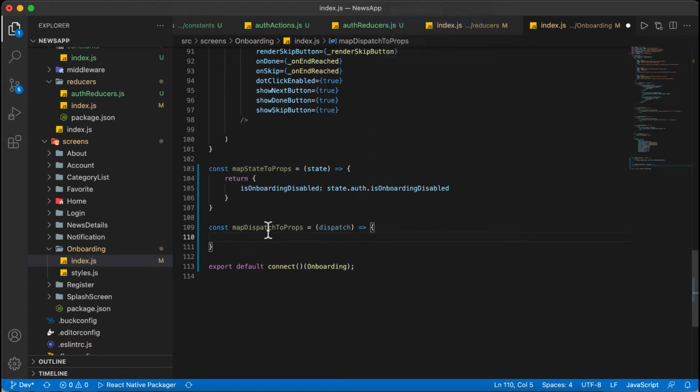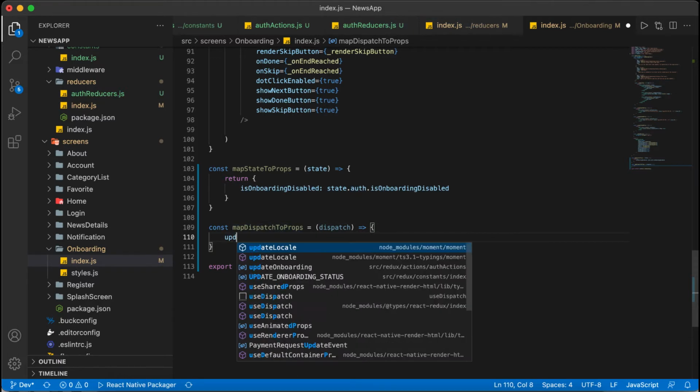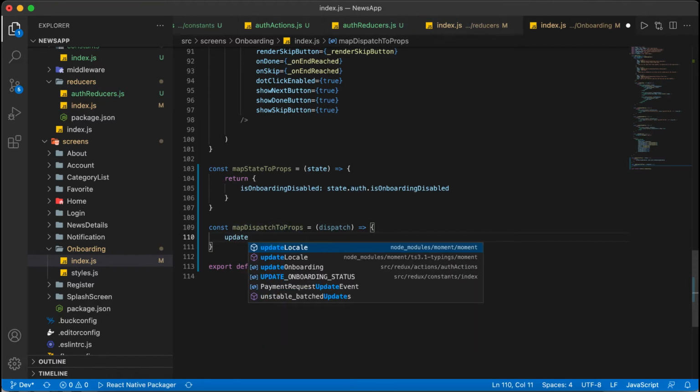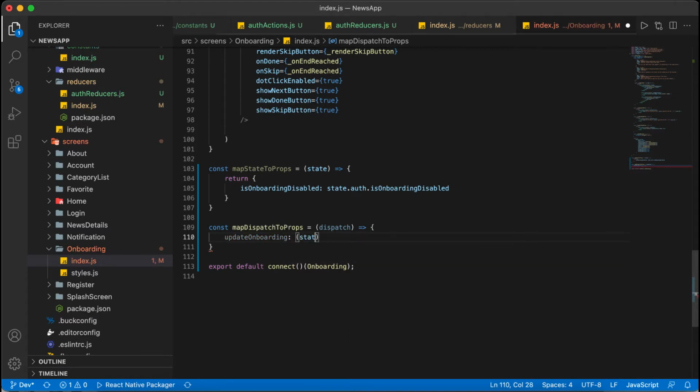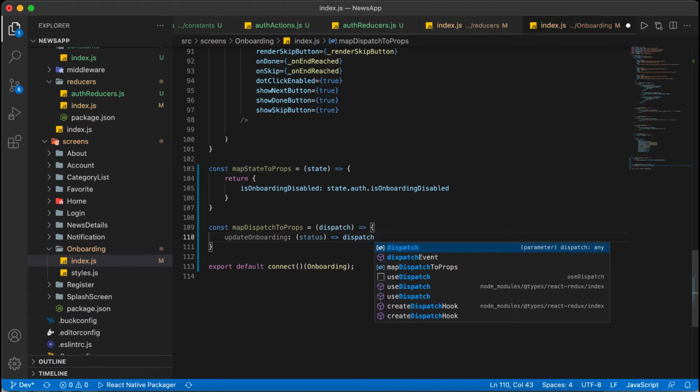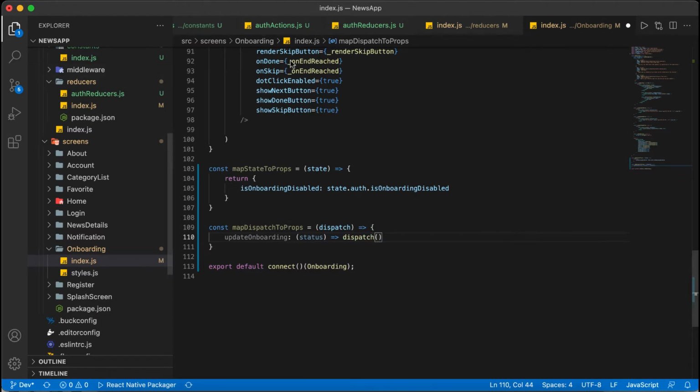So now I am writing updateOnboarding. We will assign it, and it takes a parameter status. Then we will dispatch here the updateOnboarding action.